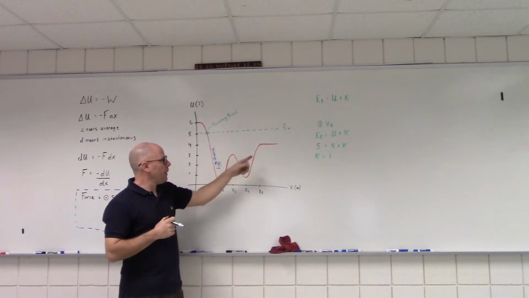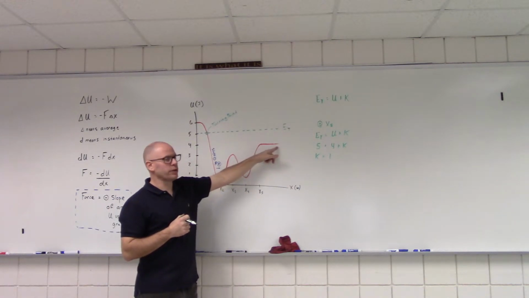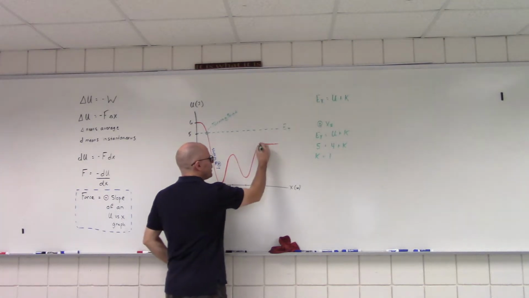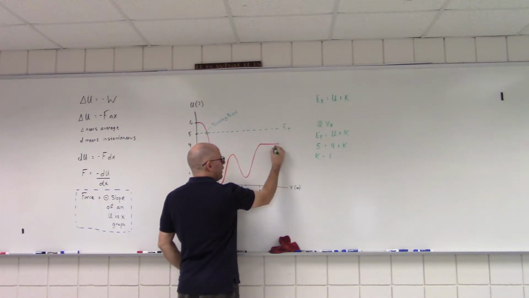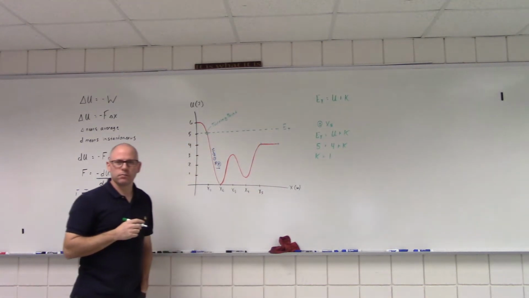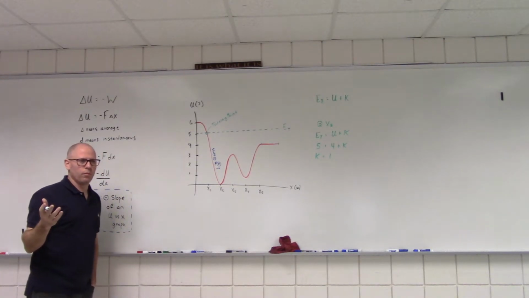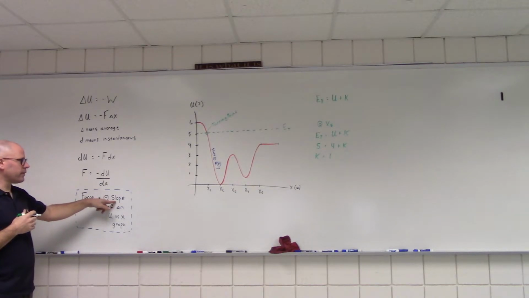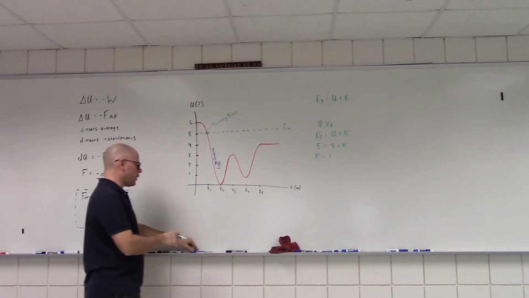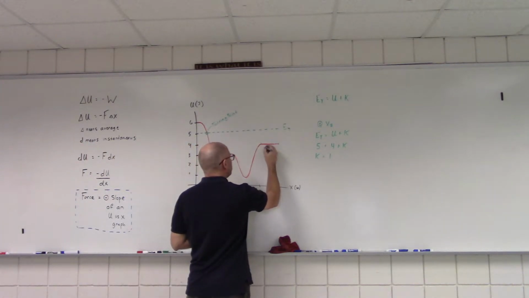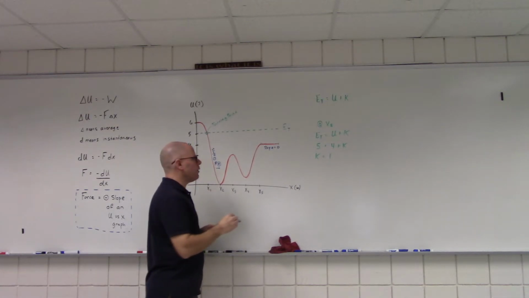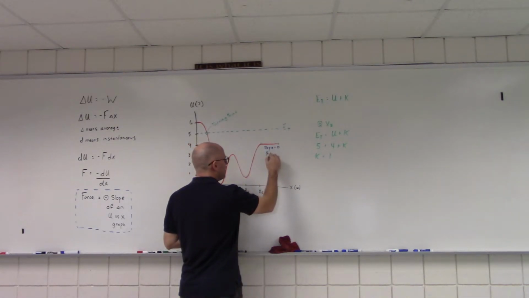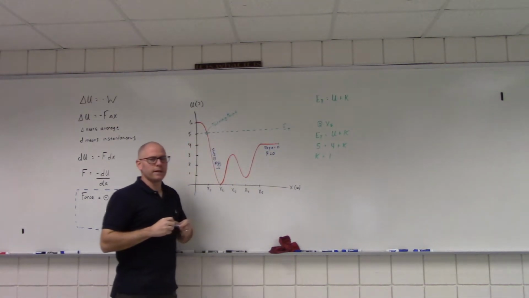it's still moving. But notice my potential energy function right here. Once it gets to this point right here, this is flat. Well, what does that mean for our particle? Well, if the force is the negative slope, what do you notice about the slope of this section right here? The slope is equal to 0, therefore the force is equal to 0, which means it's not going to have